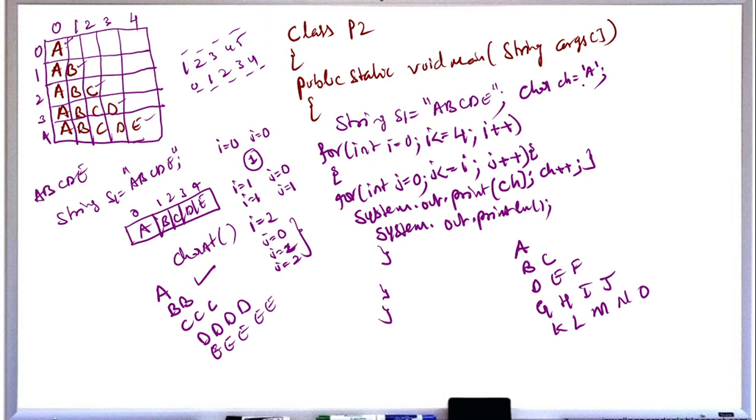How does it work? Because the character a we are assigning, and each time we first print one character. Once we move to the next row, we have two values, no? So there we are incrementing the character each time. So the next time it will be B C, next it will be D E F, next G H I J, next K L M N O. Like that you can print.